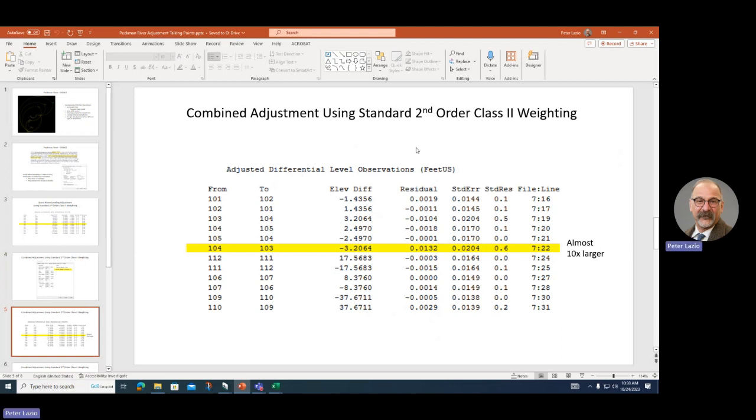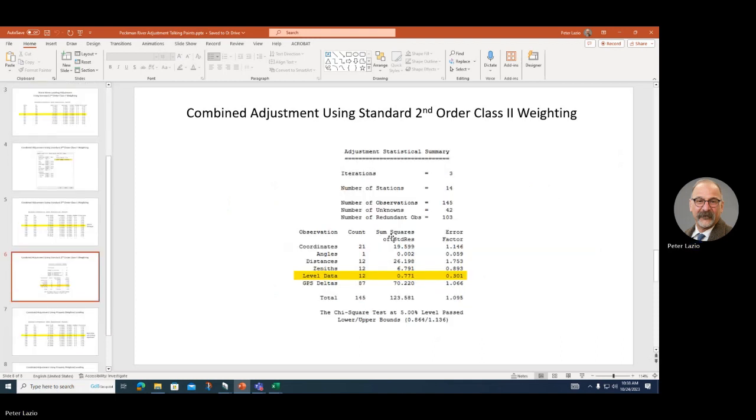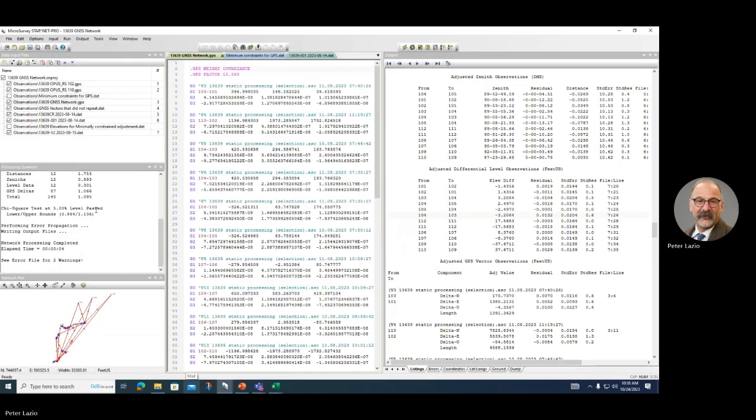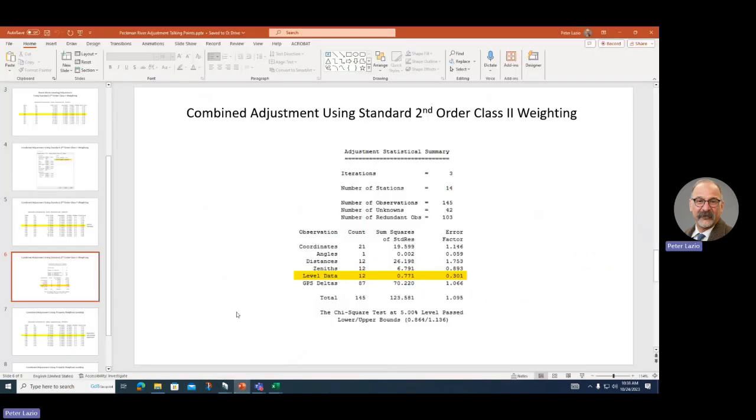When we combined it, there's where we saw almost 10 times larger. In here, this number is way low, so the leveling was done better than what we thought it would be. So in order to fix that,